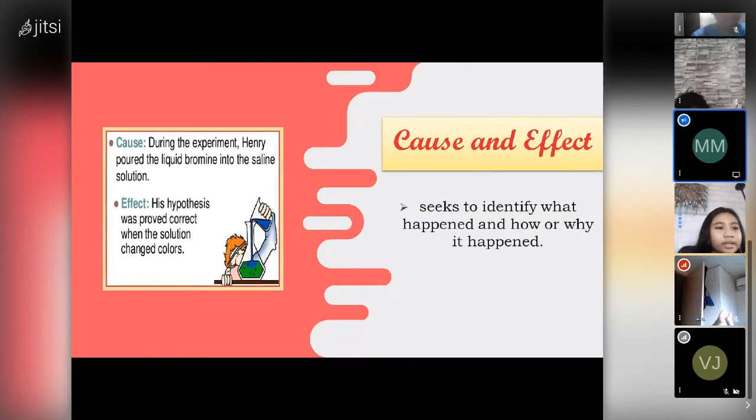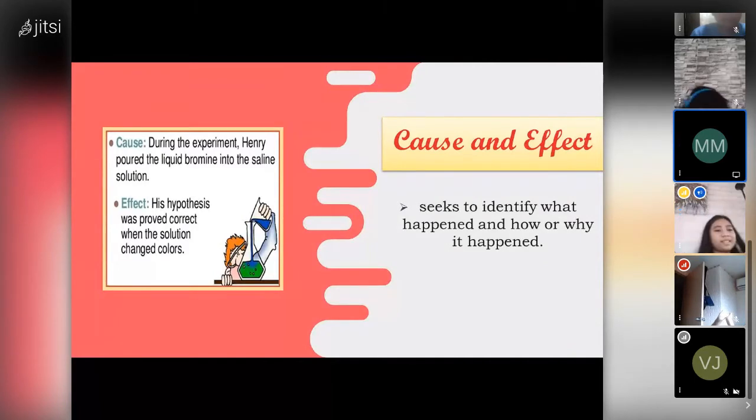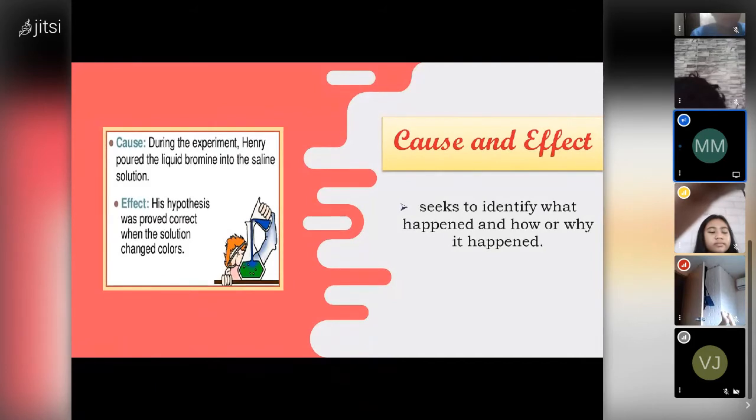Athea. Yes, miss. Can you say that again, miss? Because it's so noisy. Okay, again. It's so noisy here, Athea. Okay, again. David shouted at Ben. As a result, Ben cried. Okay. Tell us where the effect and the cause. Athea. Yes, miss. The cause is, miss, the